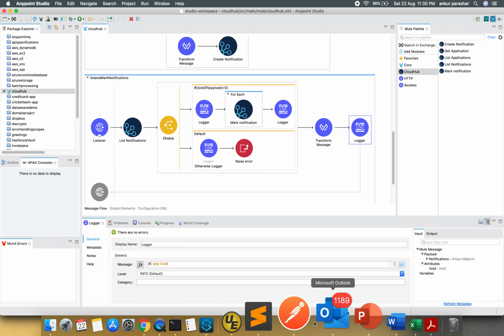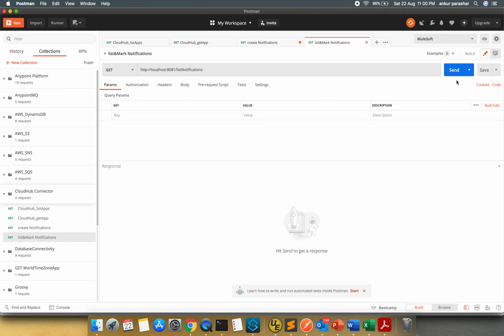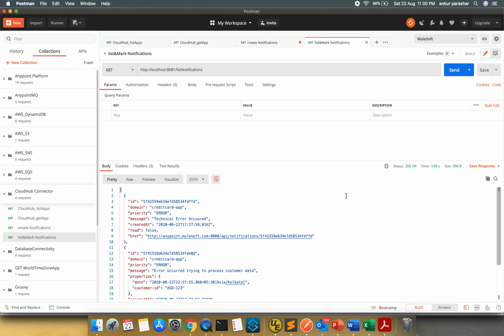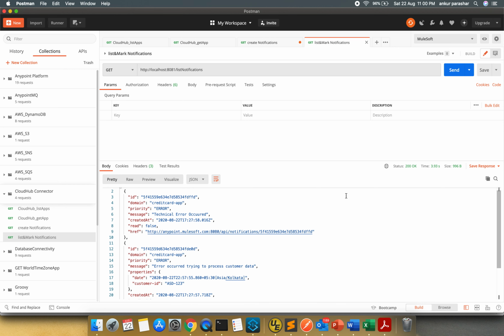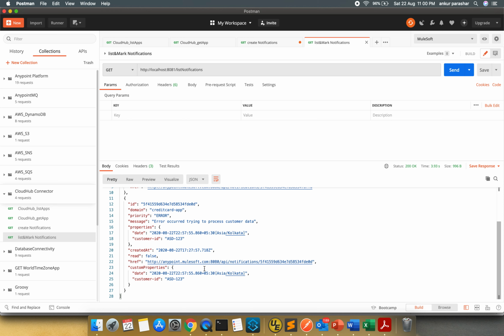So let's quickly go to the Postman and the last one, list and mark. I have clicked on the send button. Now you can see there are a couple of errors or alerts. Technical error occurred, process customer data, and there is one more for ASD3.